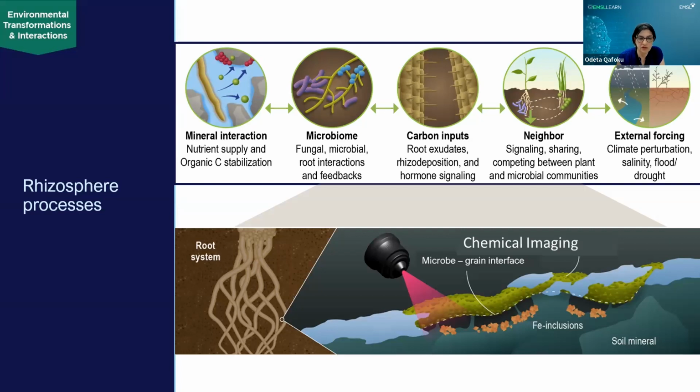In the environment, we know that rhizosphere processes are very complex, as shown here by a number of processes in the circles. They include interaction of roots with microbes and with minerals, and exchanges of nutrients, and all of that is perturbed by environmental factors. The aim of our exploratory proposal calls is to advance understanding of these processes and mechanisms.